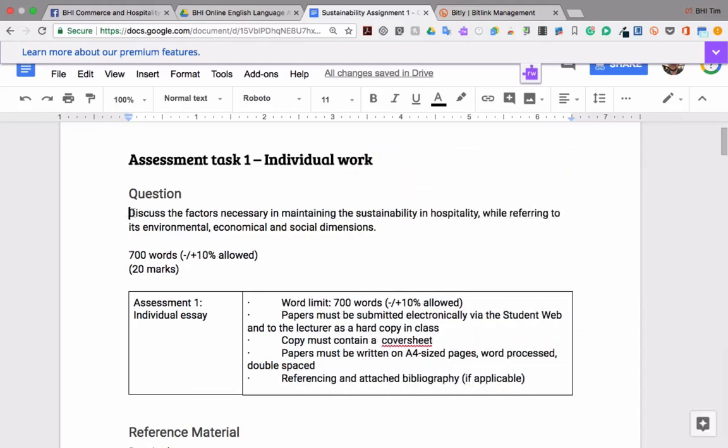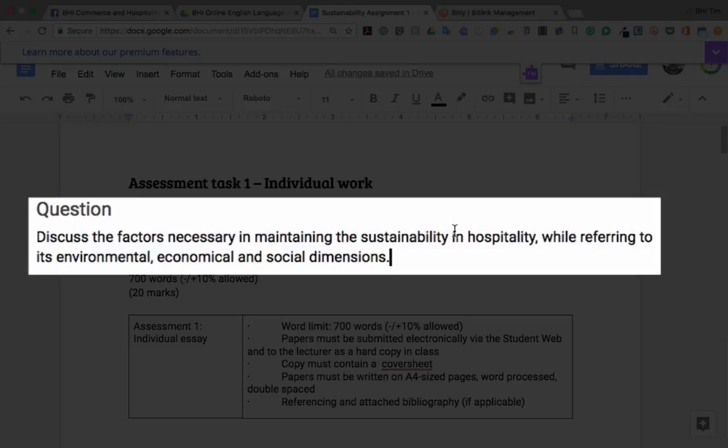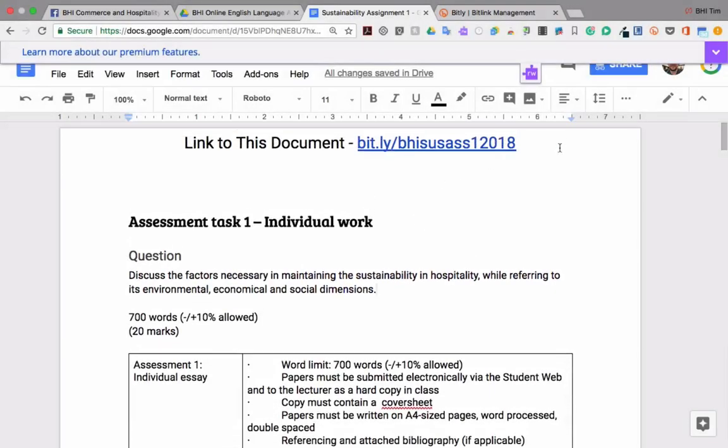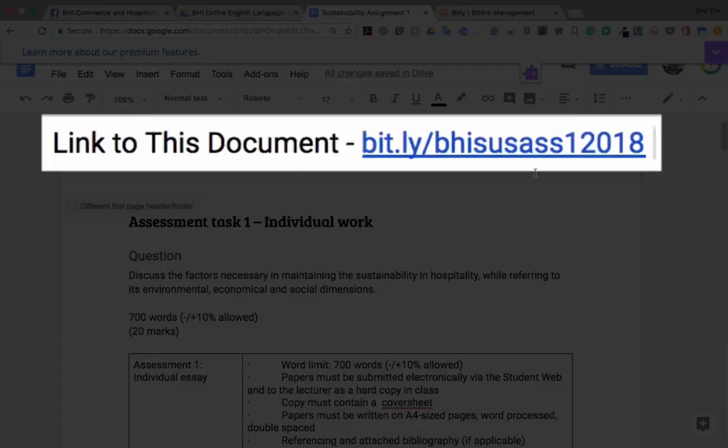So the question is here, discuss the factors necessary in maintaining the sustainability in hospitality while referring to its environmental, economical and social dimensions. Before I go any further, the link to this document is actually up the top of the page just here. So